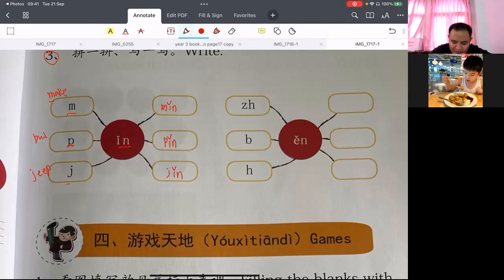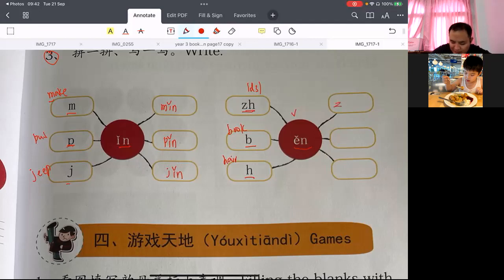Now the second group is the ZH. We can find English vocabulary that begins with ZH, right? Now so this one, like this one, zhi, okay, zhi, like juice. Now this one, okay, zhi. Now B for book. Now H for hair. Now n. The third one, right? N. Now join together,